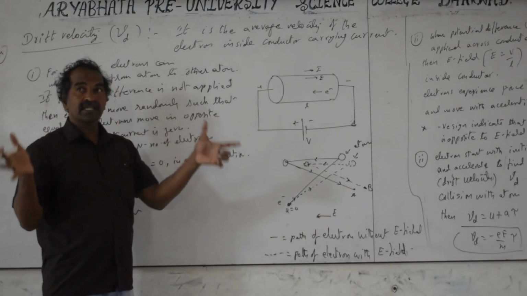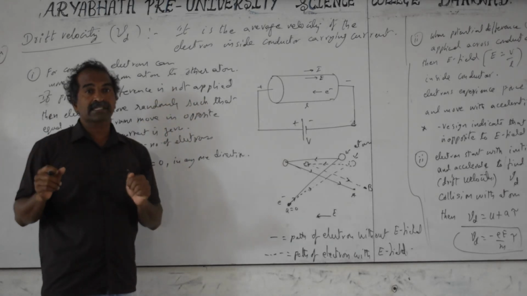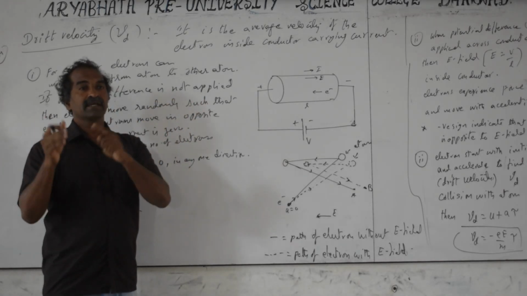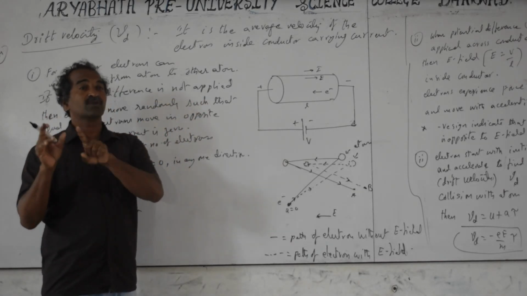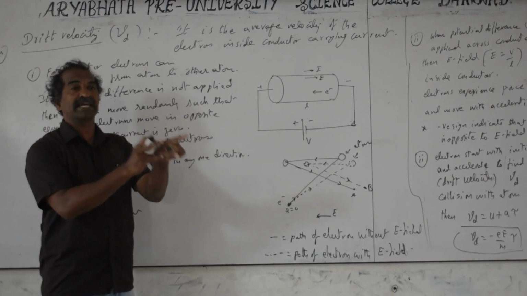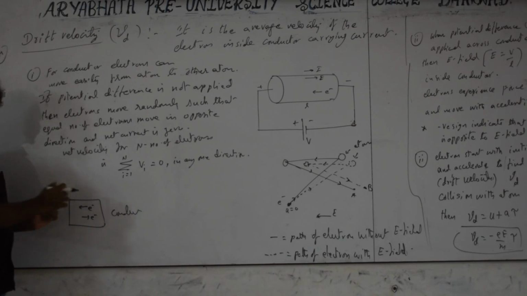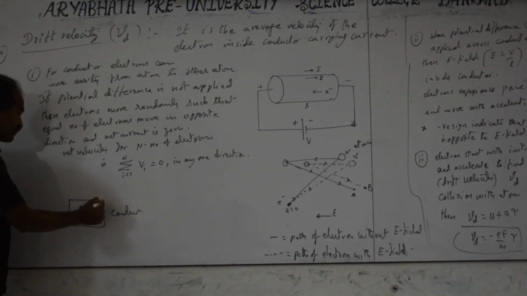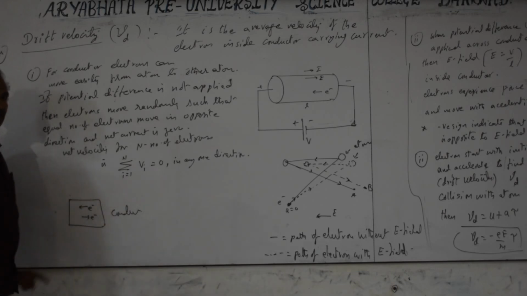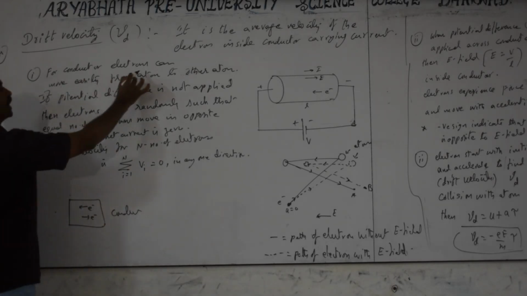But if there is no wind, the air molecules in the room move randomly. We do not feel wind because there is no resultant motion of air molecules in a specific direction. Similarly, electrons are not traveling in a specific direction; they move randomly such that the number of electrons going one side is exactly equal to the number going the opposite direction. So the net current is 0. This side is plus I, the other side is minus I, and the net current becomes equal to 0.